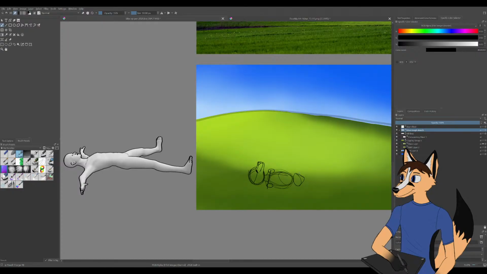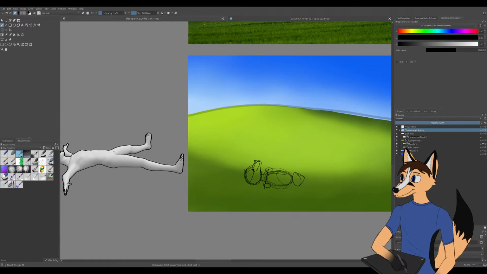So, I don't know how to really verbalize what I'm thinking here, but his knee, like the knee of his left leg, is kind of halfway up the thigh of his right leg, just because of the perspective. So I need to basically draw his right leg as if it's bigger and longer than his left just because of perspective.